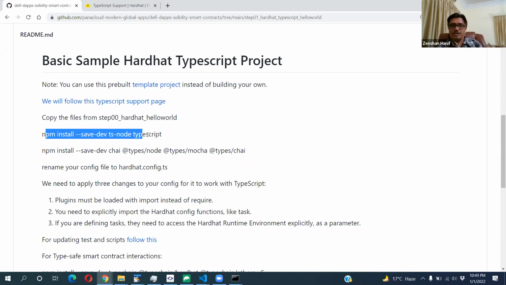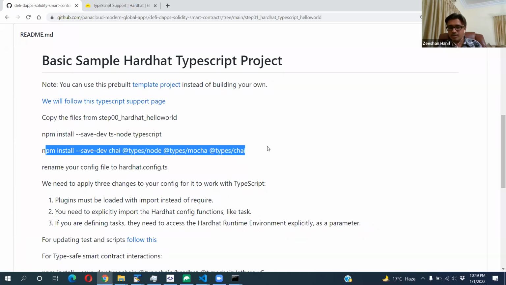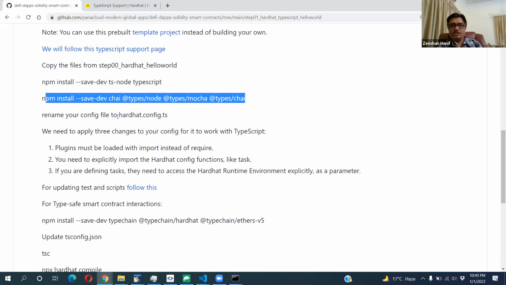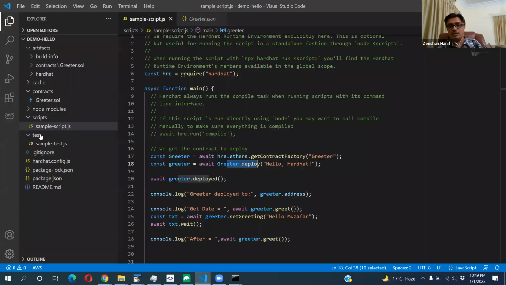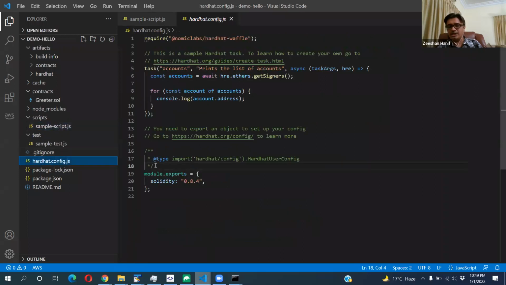So npm install dev dependencies, you need to install ts-node and TypeScript, then npm install all these libraries. Then you have to rename your Hardhat config to .ts, if you are going to use this project.